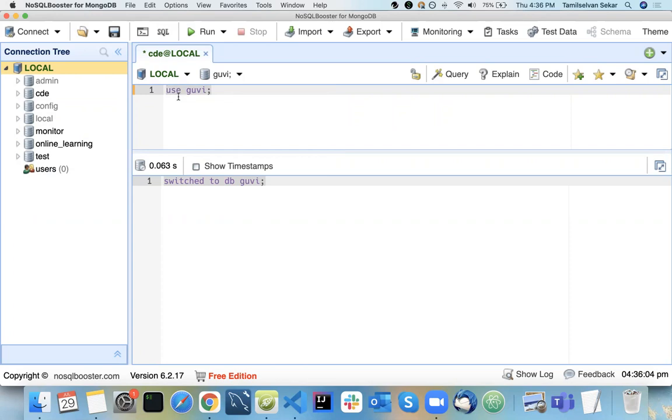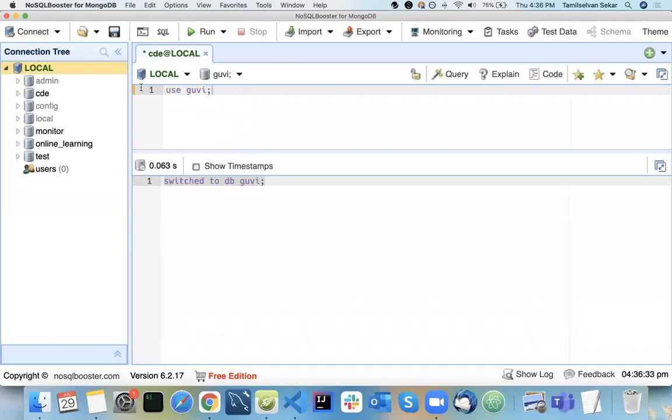It's not only for this particular NoSQL Booster; it applies to any tool. Whenever you create a database and there is no collection inside it, it is not created as a database at that point in time. It will just show you a message, but your database will not be created at all. That's how MongoDB works.